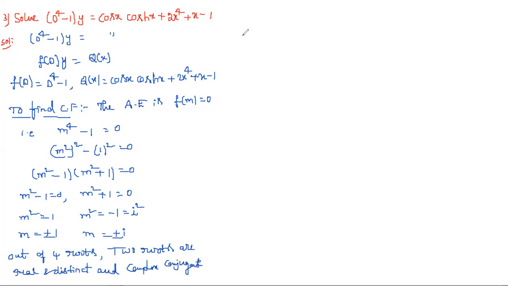Now we need to write the complementary function. The complementary function, or simply we can say the general solution, is yc = c1 e^(-x), first I am writing the distinct terms, c2 e^x plus, there it is e^(alpha x), where alpha is 0 and beta is 1, so that is nothing but c3 cos x plus c4 sin x. This is the one. Okay, this is the complementary function or general solution.